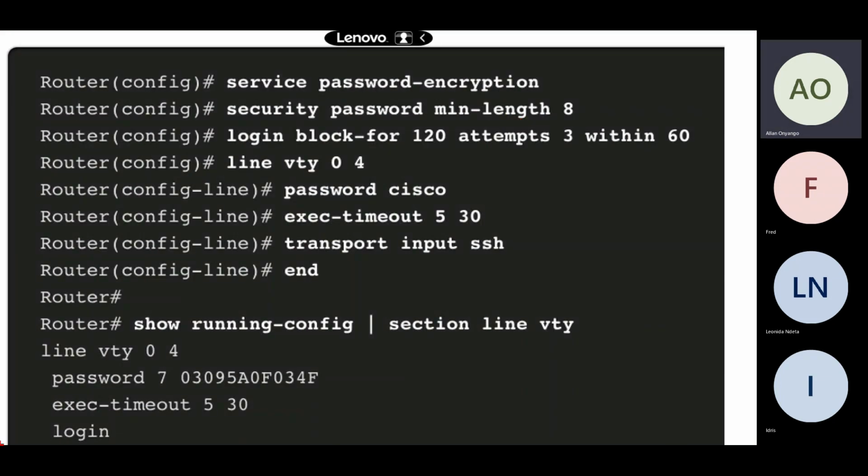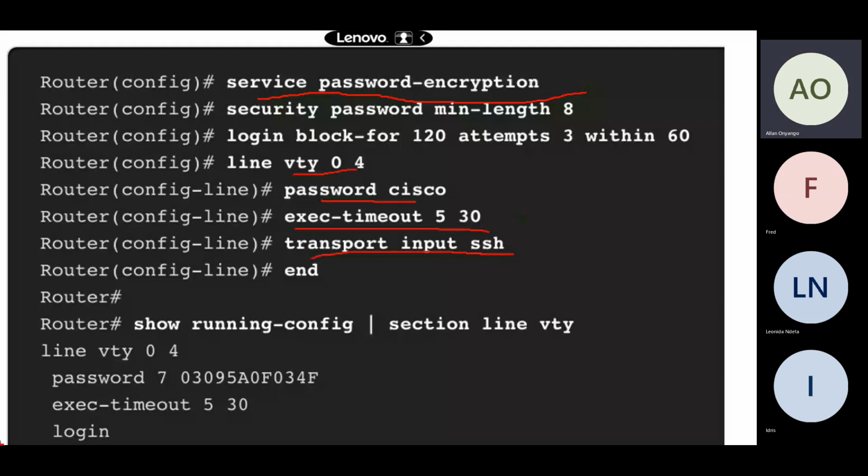Of course, I know that we have talked about service password-encryption. That is used for encrypting all the plain text passwords. We've talked about line VTY, password Cisco. I talked to you about transport input SSH. But we also have this one here,